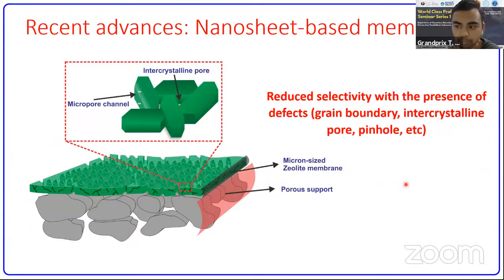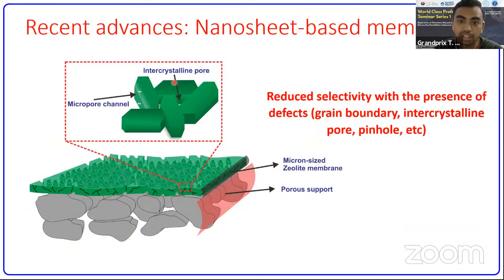Because they are polycrystalline, they are made of many crystals, and they could have many defects. For example, the intercrystalline pore has such a large size